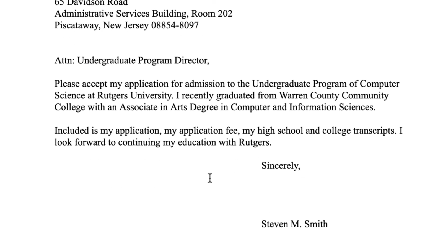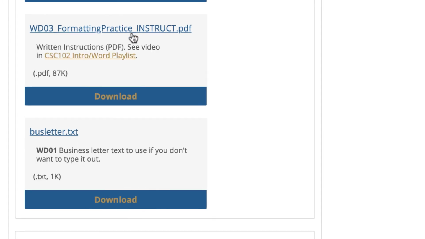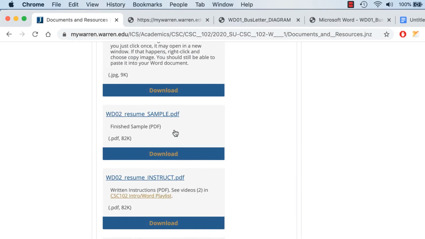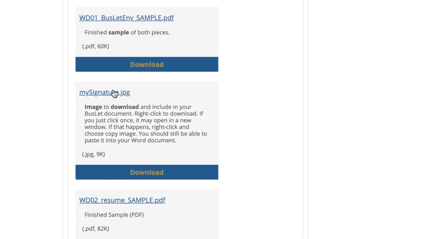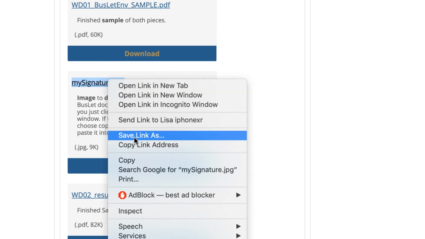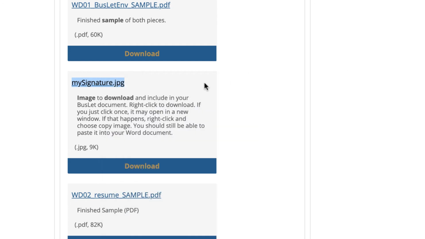And then all I have to do is I'm going to click here somewhere in between, and I'm going to insert an image. Now, I already downloaded this, but let me just show you what you can do here. I'll go back to Documents and Resources, and I think I have an image of a signature. It's just a generic signature that you could download. And you could right-click this and do Save Link As,